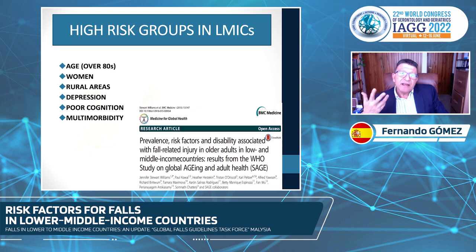We are identifying high-risk groups for falling in developing countries. First, the group over 80s, women, the rural areas, depression, poor cognition, and multimorbidity. As you can see, there are 2 non-modifiable factors. There are 2 factors related with mental health and 1 condition related with chronic conditions. And